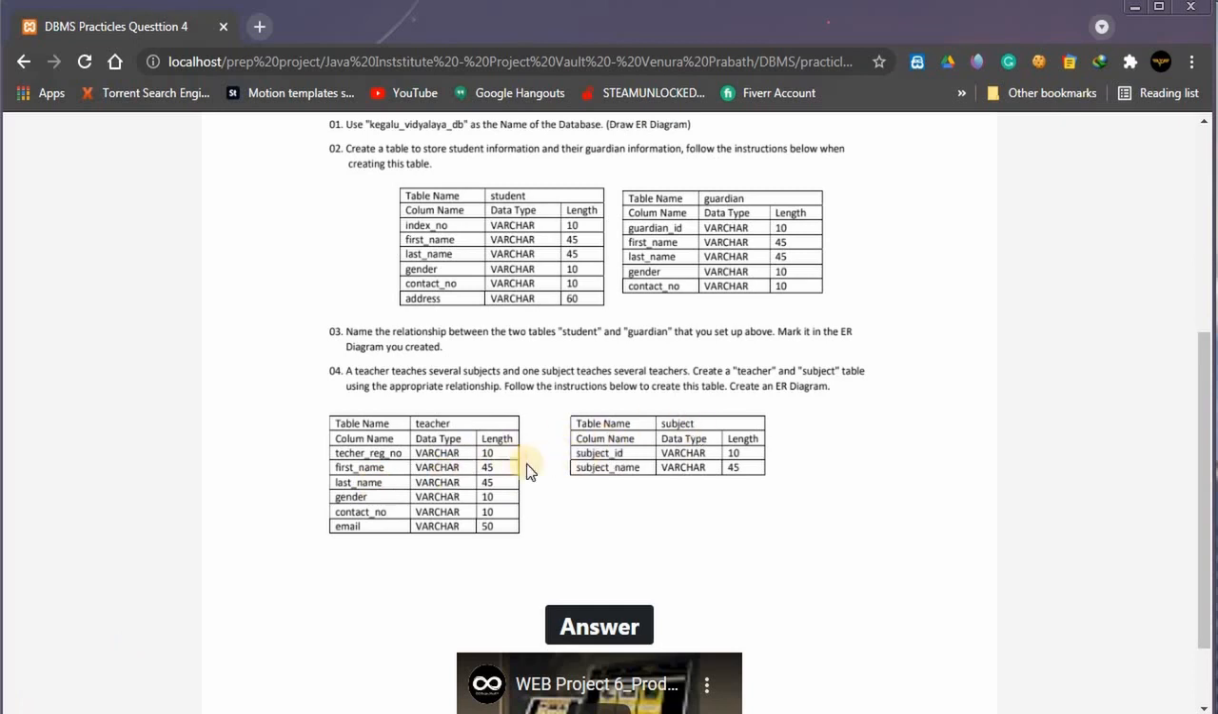These tables also have a relationship with each other, but there's a speciality in these two tables and their relationship. That is, one teacher can teach many subjects. That means more than one subject, and a single subject will be taught by many teachers. So there should be a many to many relationship with these two tables, but we